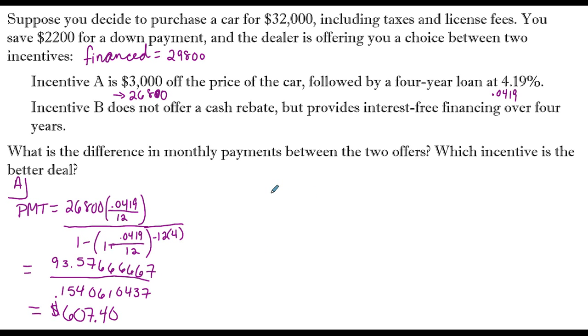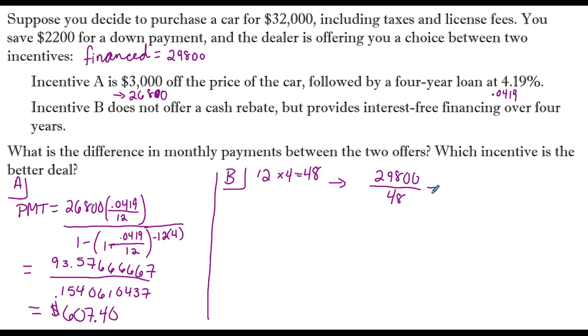$670.04. Now, incentive B is a little bit different because it's an interest-free financing offer, which means that we do not need to use the payment over time formula. For starters, if we are paying this back over 4 years interest-free and we have to make one payment a month, well, how many payments do we have to make? That's going to be 12 months times 4 years, which is 48 payments. So the amount that we have to pay is equal to $29,800, since we do not get that extra $3,000 on this amount, divided by 48, which comes to